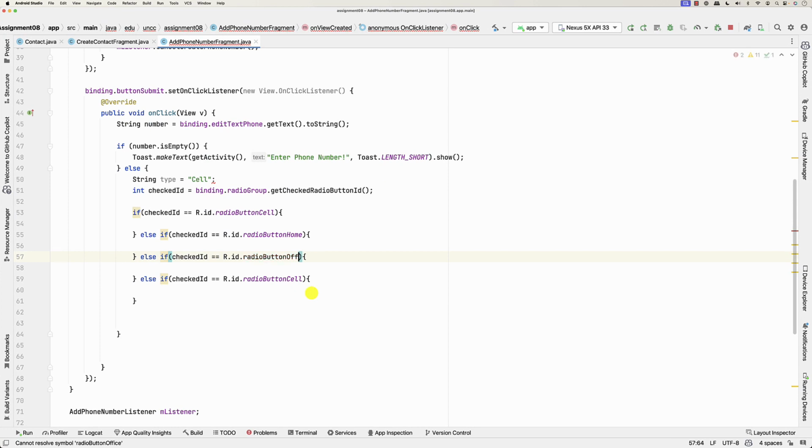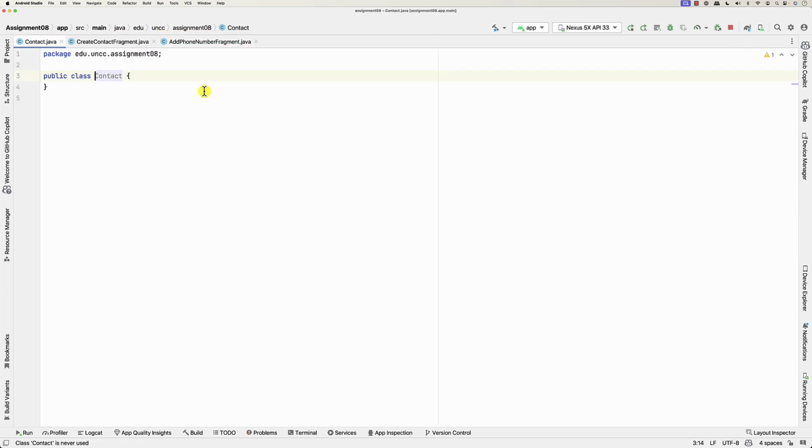Oh, it's work. Okay, work, and then the last one is other. All right. Okay, then here it is, and then the type equals cell. All right, type equals home, type equals work, and then type equals other. All right, good. So now we have the type, and so basically in that contact what I'm going to do